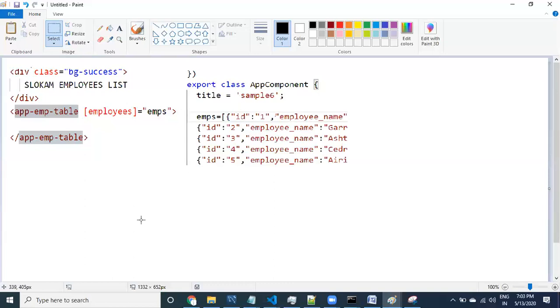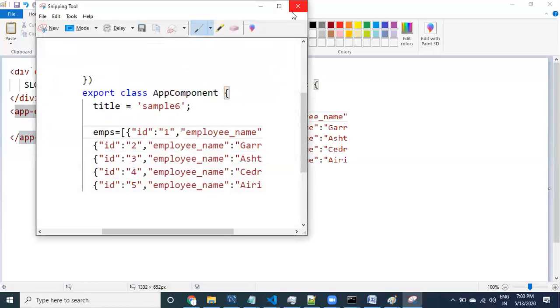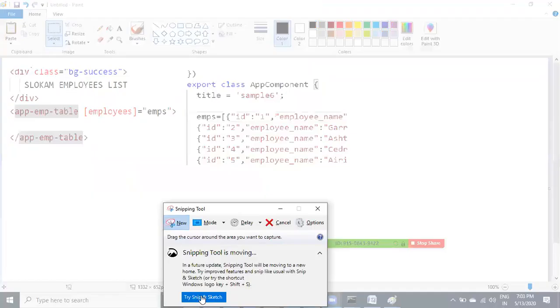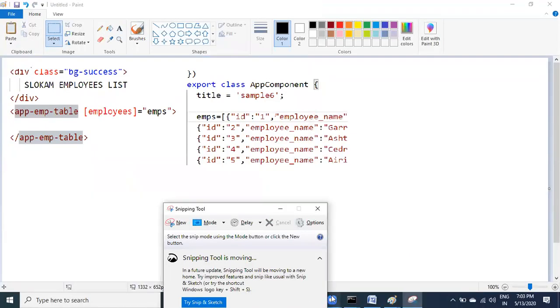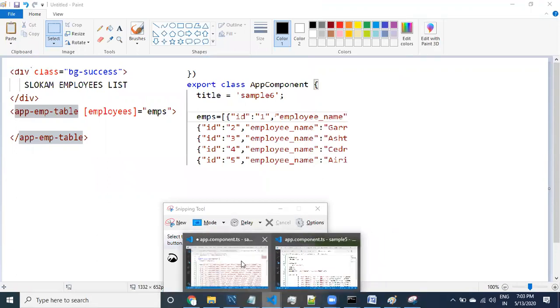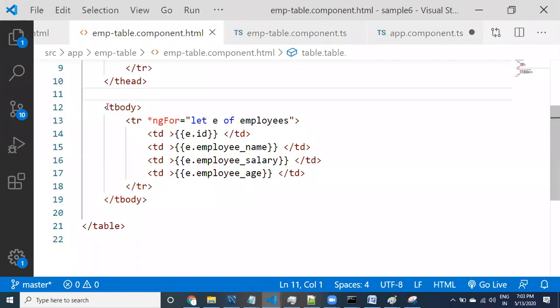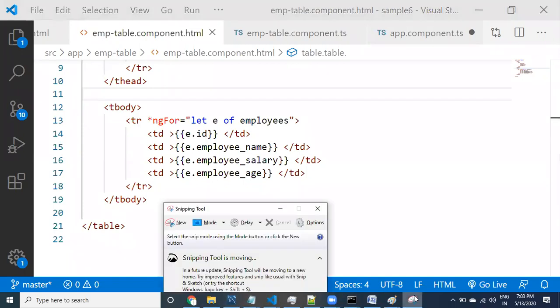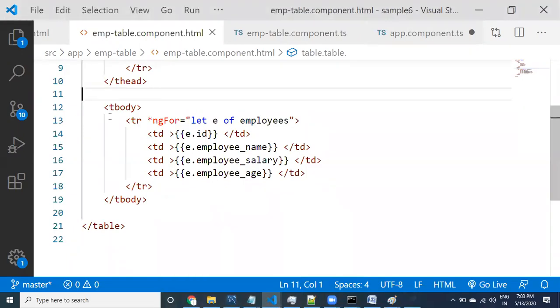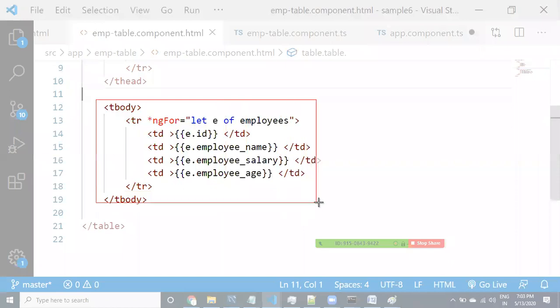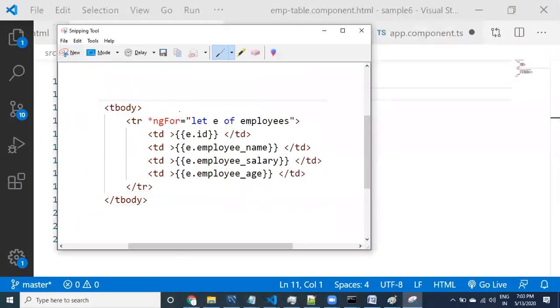The same way I need to bring two other things. What are the two other things? The HTML component. So this part is sufficient for this HTML. I'm going to take this part. This represents what? Table component.